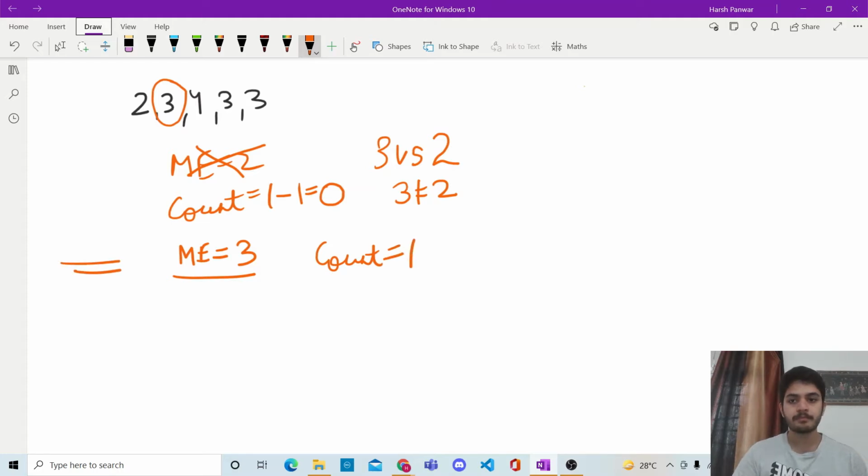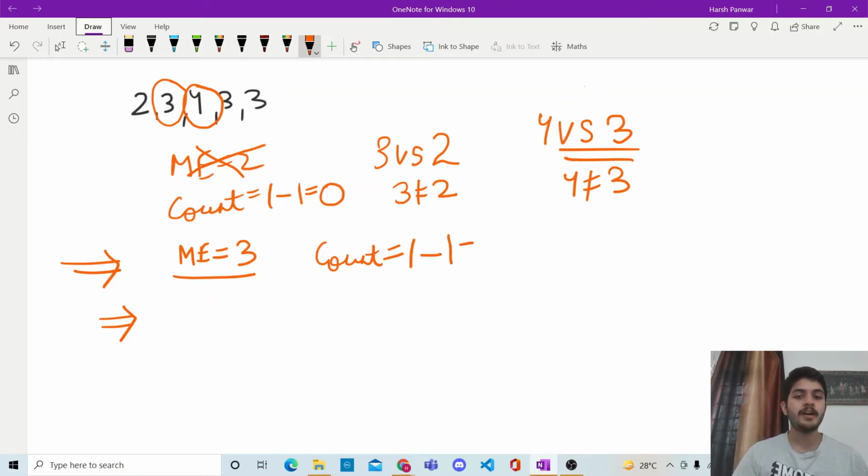All right. Now continuing in a similar fashion, we hunt for the next element in the array. The next element is 4. So now 4 is compared to the current majority element, which is 3. All right. We see that 4 is not equal to 3. Since the elements are unequal, we decrement the value of count by 1. Count again becomes 0. Since count has become 0, we update the majority element, it becomes 4. Since the majority element is updated, we again initialize count to 1.